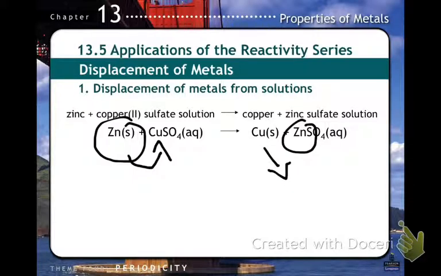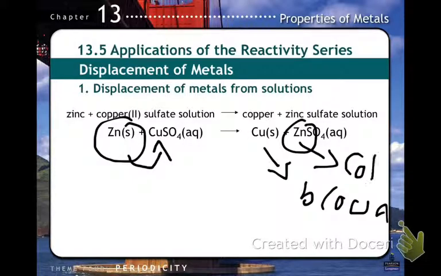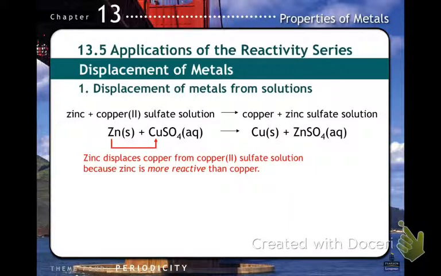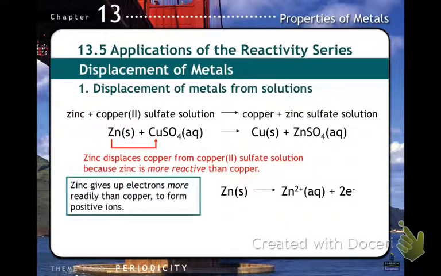The copper metal will be brown in color, and then the zinc sulfate is colorless. Okay, no color. So that's basically how it works. Alright, so basically the zinc will displace the copper from copper 2 sulfate solution because the zinc is more reactive